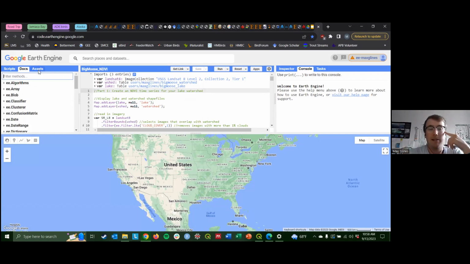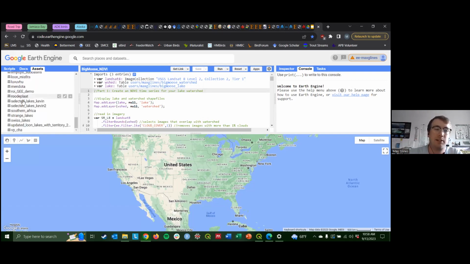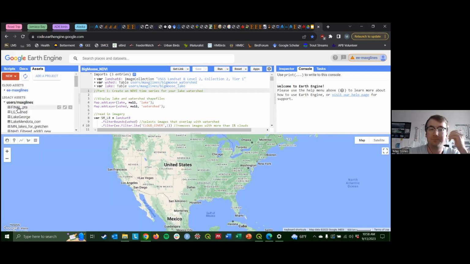And then the last tab in that left box is the assets tab. This is where you would upload your shapefiles, for instance. If you have something outside of Google Earth Engine and you want to work with it in Google Earth Engine, you can upload it here. You see I have a bunch of different assets. I think pretty much all of them are shapefiles, but you can also upload images as well. So if there's a certain image that isn't available,